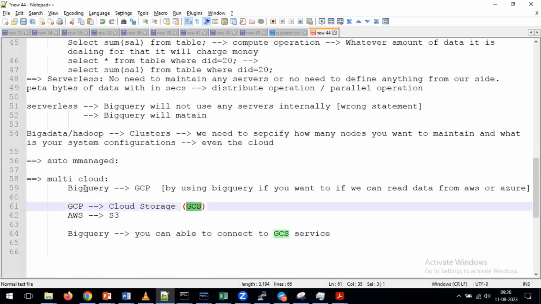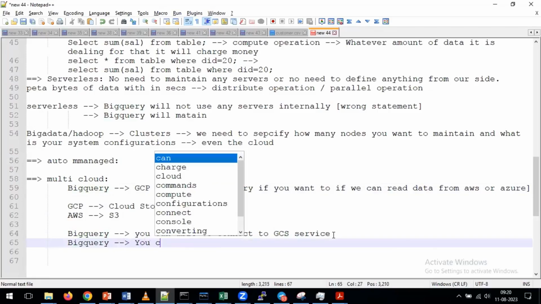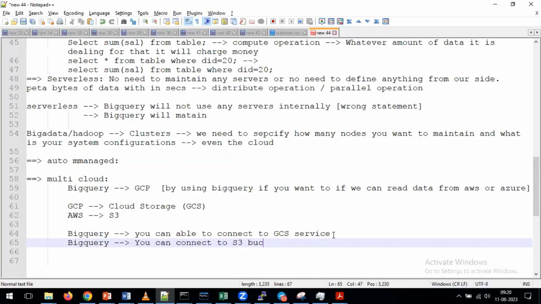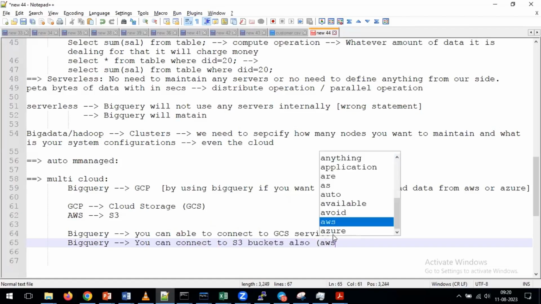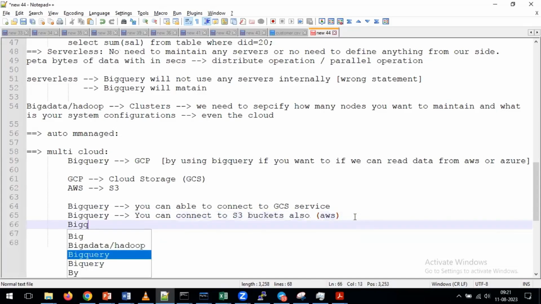But what is the one more feature they provide here? By using BigQuery, as per your requirement, you can connect to S3 buckets also. The S3 buckets are in AWS. So by using BigQuery, you can connect to GCP directly, and at the same time, depending on our requirement, we can connect to AWS and read the data from the S3 buckets. Now in the same way, by using BigQuery, if you want,